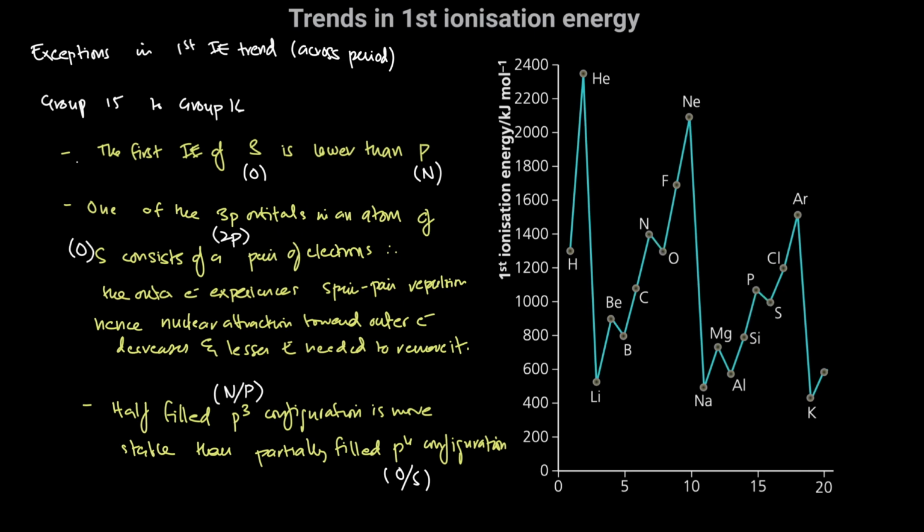And although it is implied, in recent exams, they want you to explicitly mention that this spin pair repulsion outweighs the increase in nuclear charge. Now again, this is implied. The reason it is implied is because we know that the general trend across the period